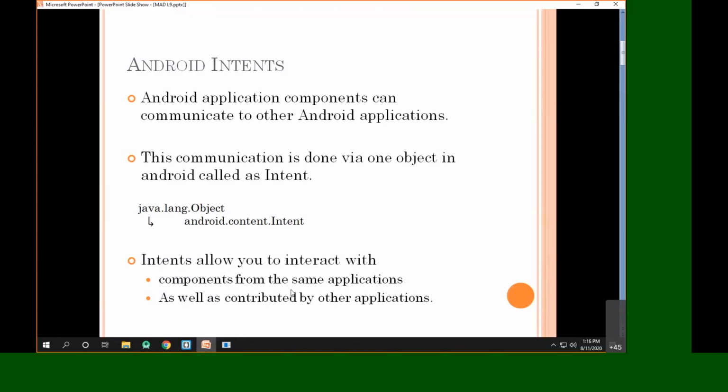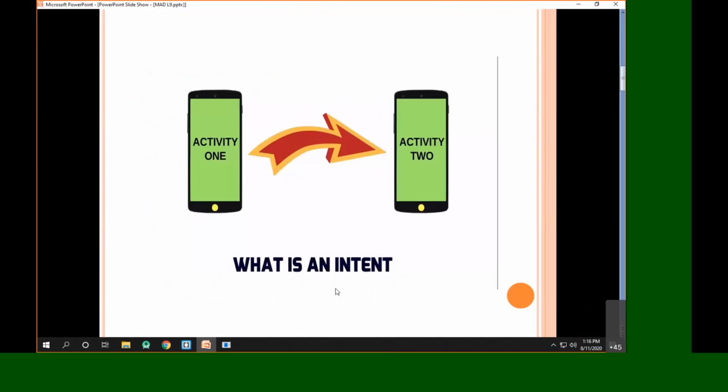Now let's see how we can communicate between components. Here we have activity 1, which will communicate with another activity. This is activity 1 and this is activity 2 that I want to launch, and this launching is supported by the object called an intent.